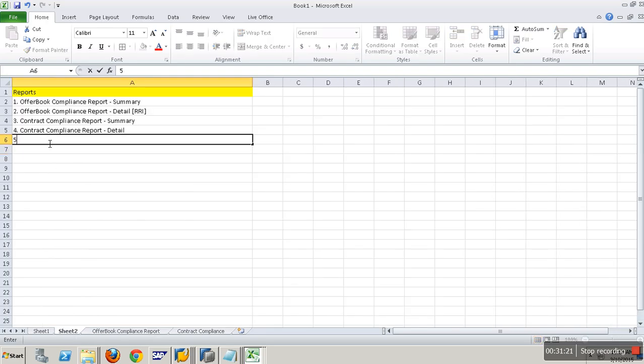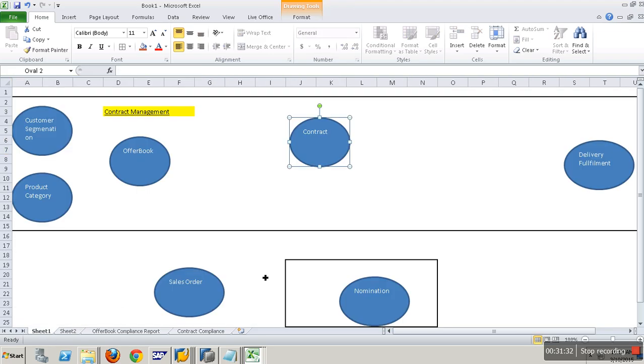Next, I have one more report: sales order compliance. You create a sales order, right? In the contract, you will have an agreement on whether less than full truckload is supported or not. But in the sales order, are we really giving it as less than full truckload or not? So I need to take the sales order and observe whether it was processed as less than full truckload, or whether last minute changes are allowed or not. All those settings will be in the sales order, and you'll have them in the contract.